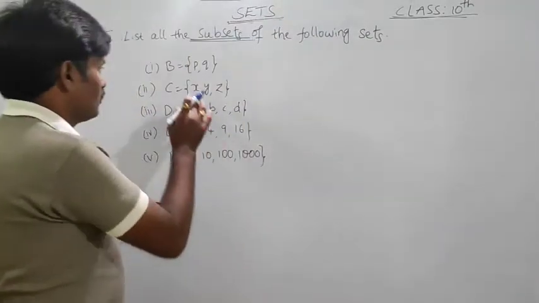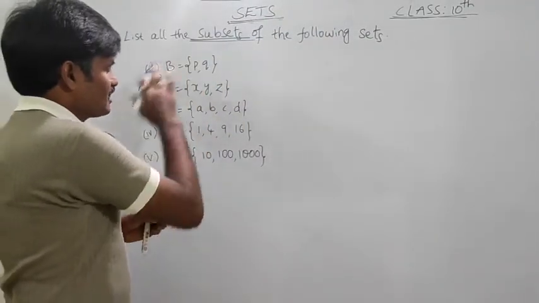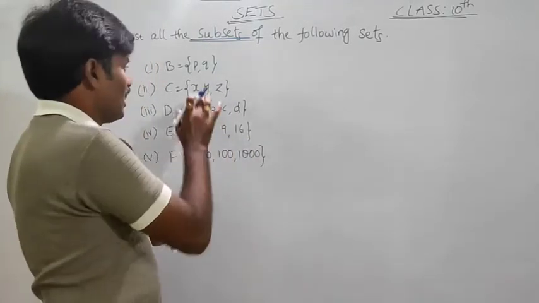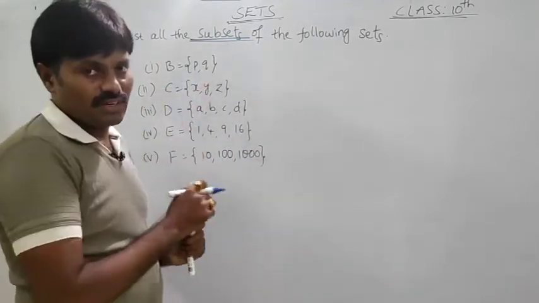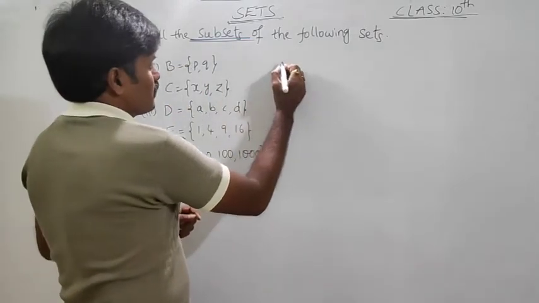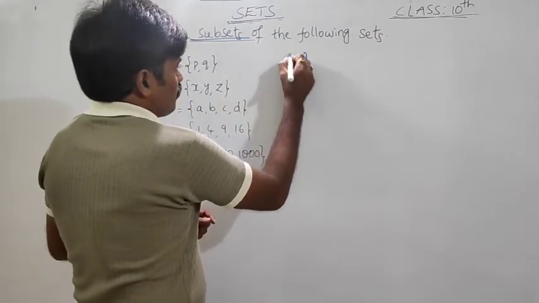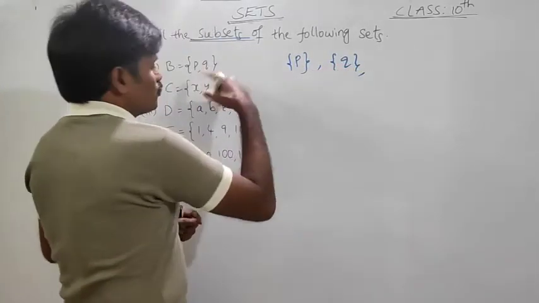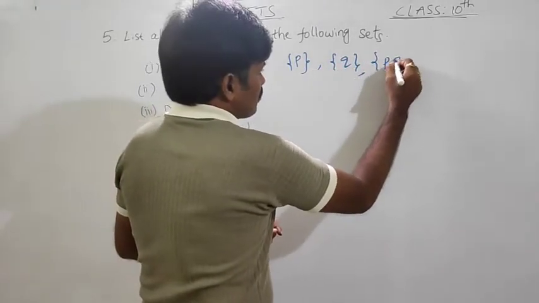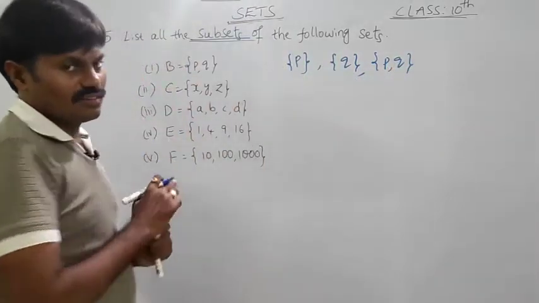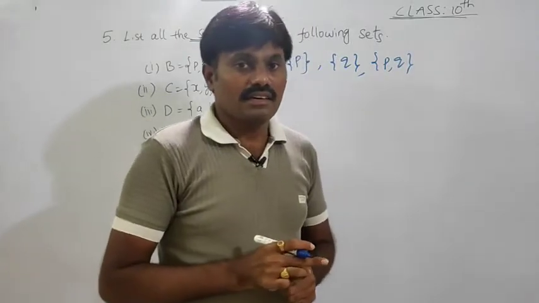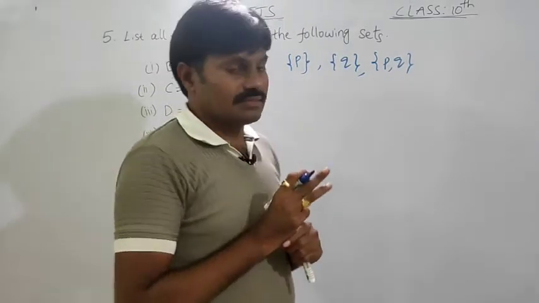For example, how many sets can be formed by taking as many elements as you wish from set B? Yes, I can write by taking one element like these two sets, and by taking two elements I can write one more set. Of course it is equal to the given set. So like this, how many did I make? 3. I made 3 sets.